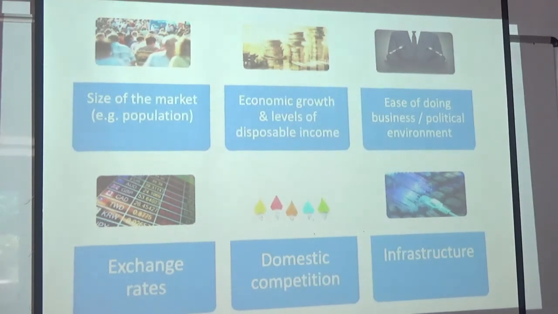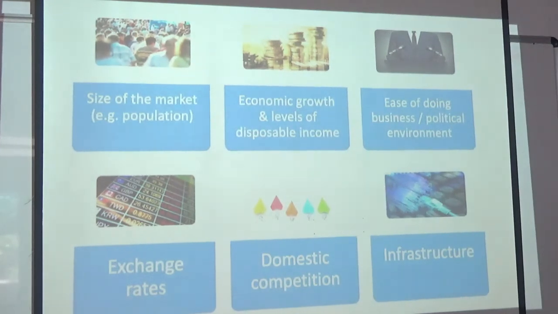So things like economic growth or GDP and the growth in the disposable income of consumers in each country are important indicators of the underlying strength and attractiveness of an international market. And as through our studies we take a look briefly at emerging economies, emerging economies have proved to be attractive international markets because they've experienced faster rates of economic growth than developed economies. So the likes of Mexico and Chile and Malaysia have seen very fast economic growth compared with developed economies like the UK and the US.